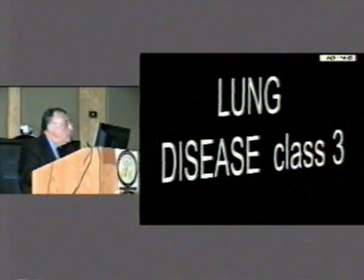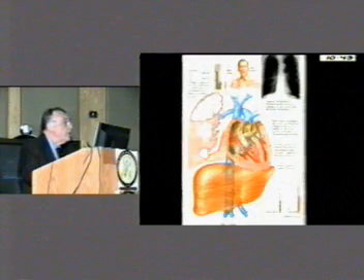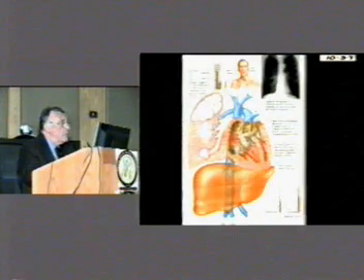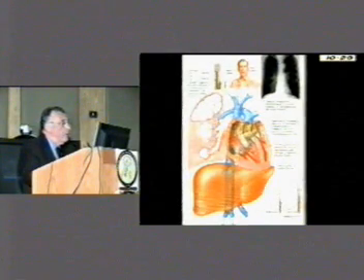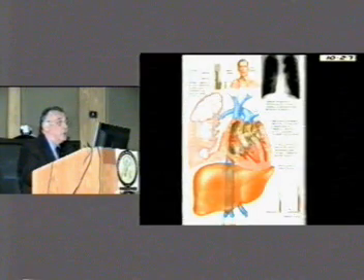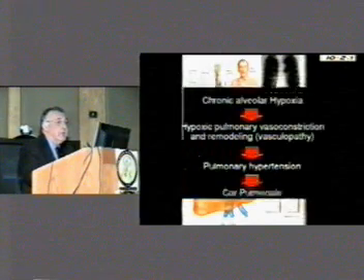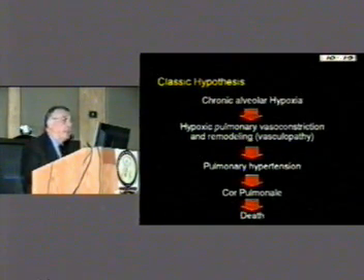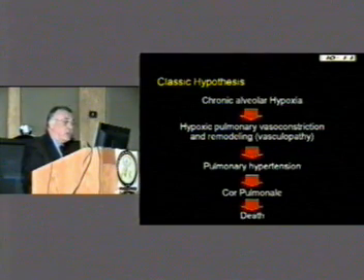Our major group in our practice is class 3. Of course, we know emphysema, cor pulmonale, the whole group of COPD and interstitial lung disease. But when we mention interstitial lung disease, that's the group of the UIPs and NSIPs, not the group of interstitial or vascular problems. The hypothesis was that in this group, if you have alveolar hypoxia, you get a hypoxic vasoconstriction followed by pulmonary hypertension, cor pulmonale, and death. However,